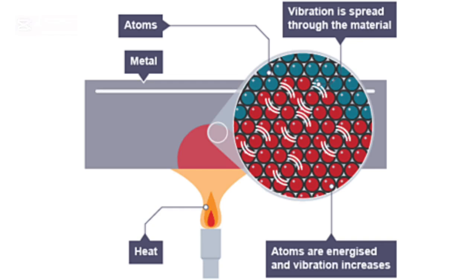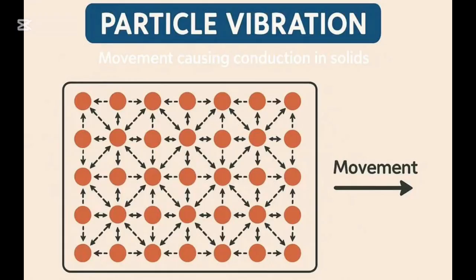How heat energy travels in a solid: it travels through conduction, and it works in a solid by elastic vibration. In all solids, particles such as atoms or ions are packed closely in a regular arrangement. When one end of a solid is heated, particles at the end gain kinetic energy and vibrate more vigorously. These hot particles collide with their neighbors, passing some of their vibrational energy along. This creates a chain reaction of collisions that spreads thermal energy throughout the material, and this is how it travels